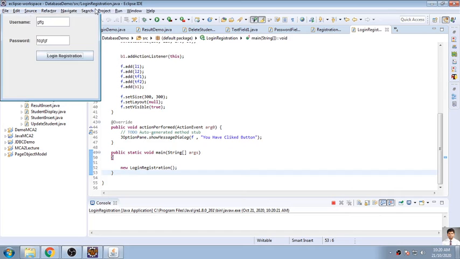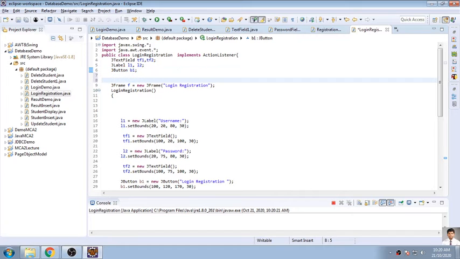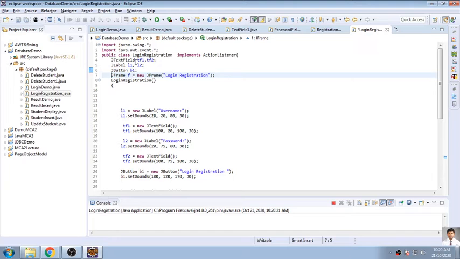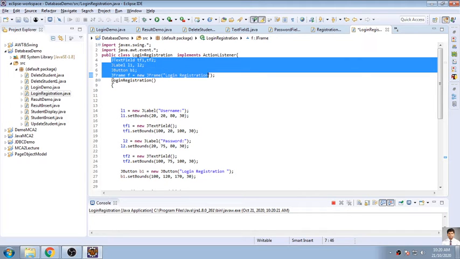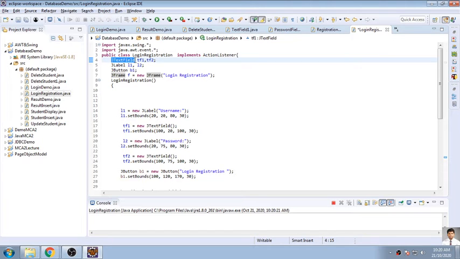For that purpose, I need to declare something globally. This frame I have already declared. So for database connectivity, this is the part that you have declared globally. As I want to access this outside my constructor, I have declared it globally. Text field is for displaying the text box, label for displaying the label, and button for displaying the button.